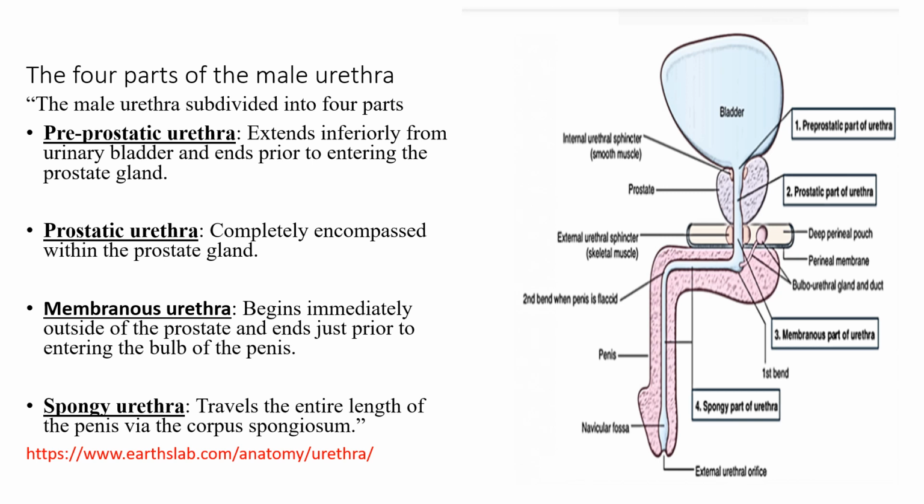Such that in a normal male infant at birth, the urethra can be divided into 4 parts. The first part lies inferiorly to the urinary bladder and ends prior to the beginning of the prostate gland. That's known as the pre-prostatic urethra. Then we have the part of the urethra that is completely encompassed within the prostate gland, that is known as the prostatic urethra. The membranous urethra begins immediately outside the prostate and ends just prior to entering the bulb of the penis. And then we have the spongy urethra, which travels the entire length of the penis via the corpus spongiosum,